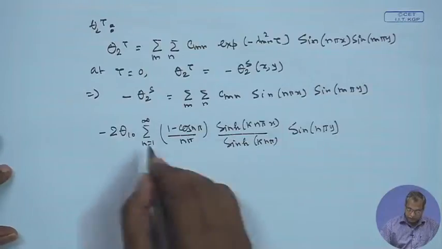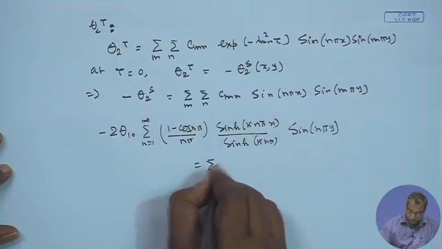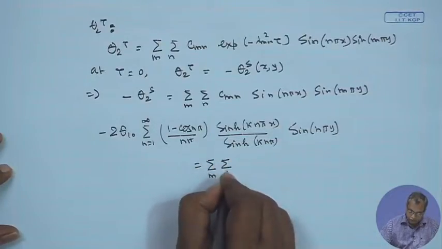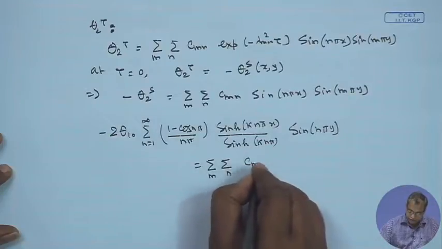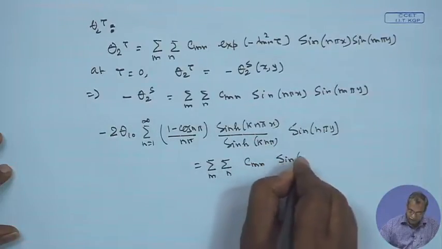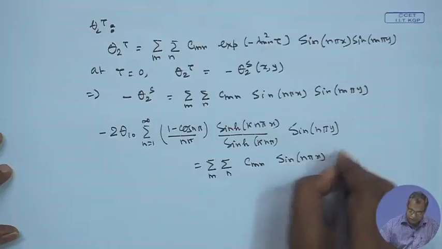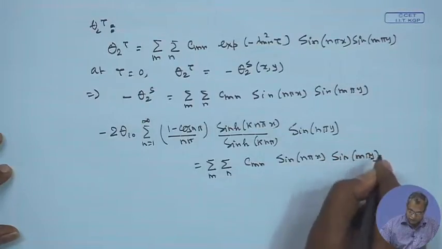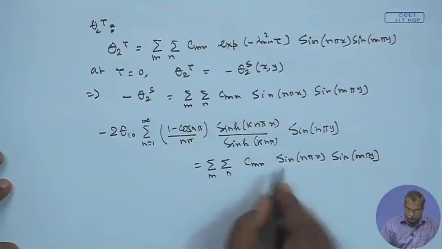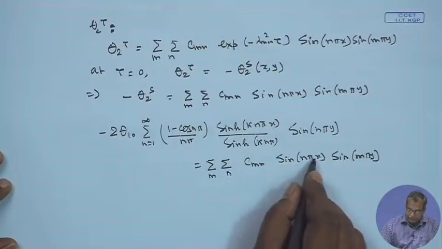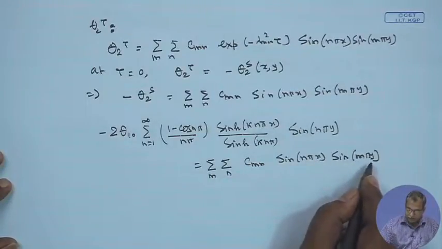So that was the solution of the steady state part. That should be equal to the double summation over m and n of C_mn sin n pi x sin m pi y. So we multiply both sides by sin m pi x and sin n pi y, dx dy,